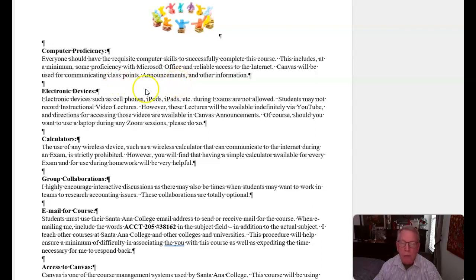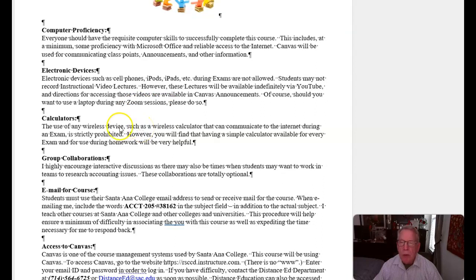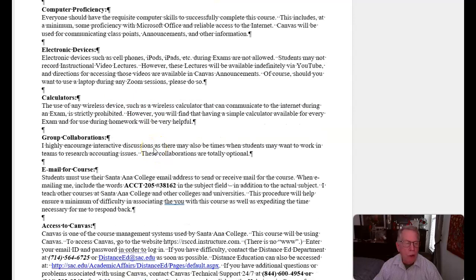And so be sure you look at those little beauties from time to time. Electronic devices are not allowed during the exams, but you're certainly welcome to use them for taking notes and the like. Calculators, I would be sure to have a simple calculator. They're available in the bookstore for about $10, and certainly I use them all the time.